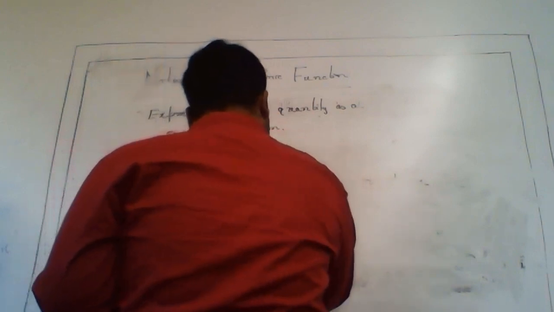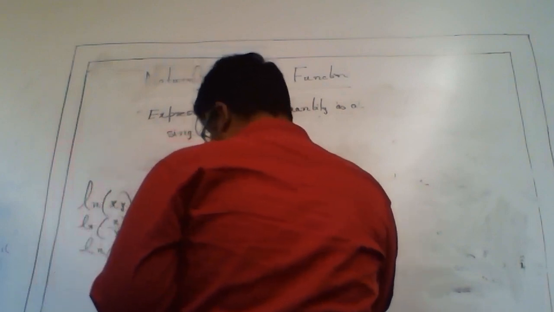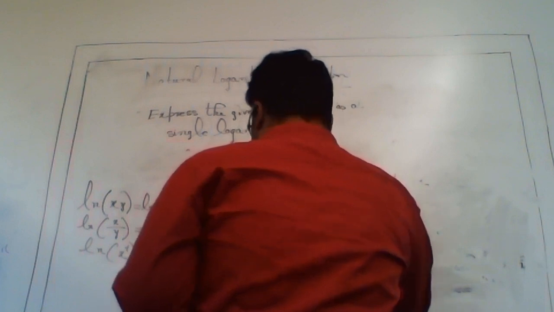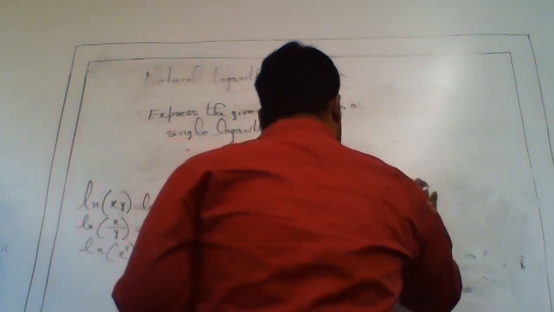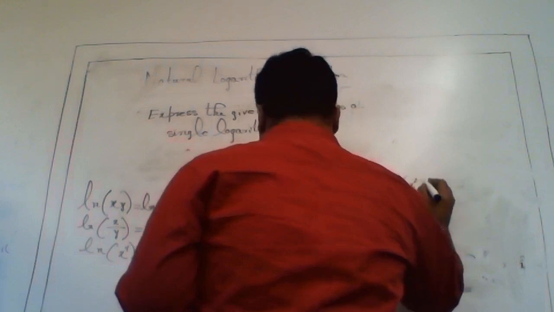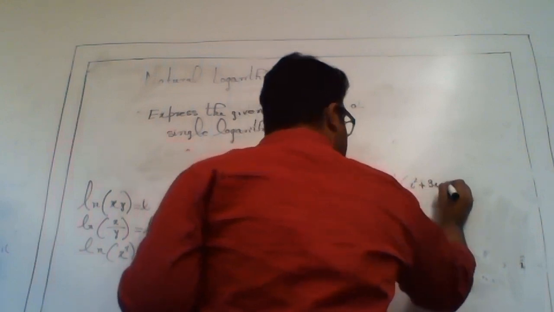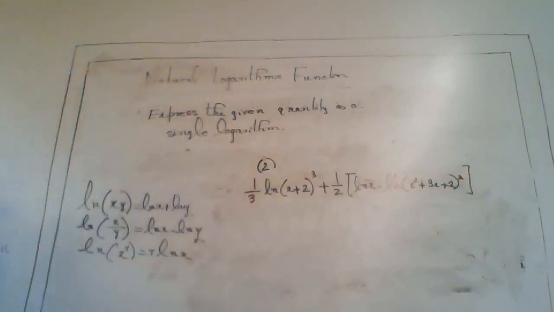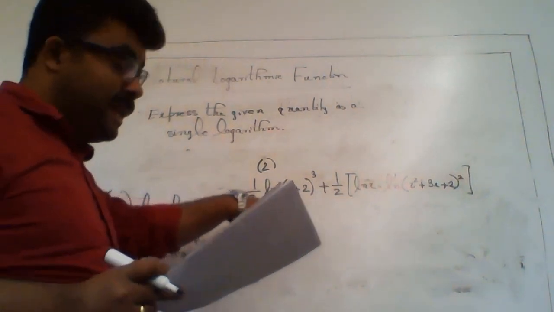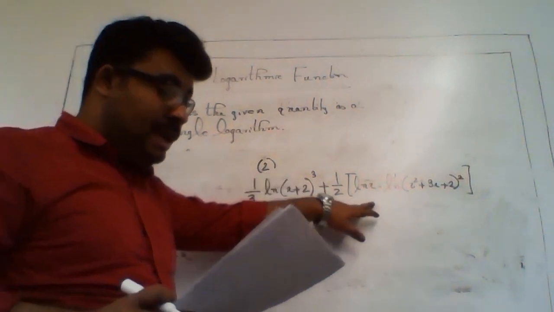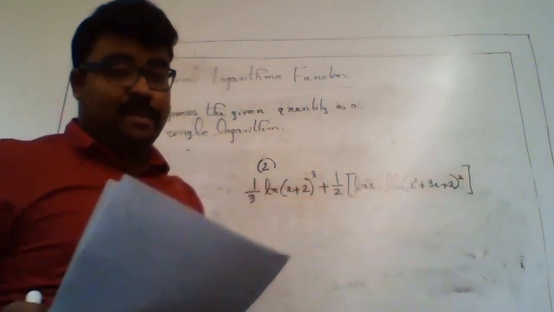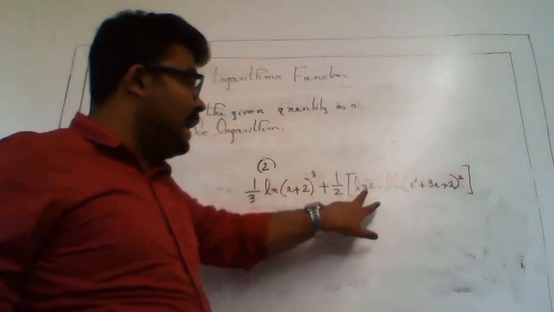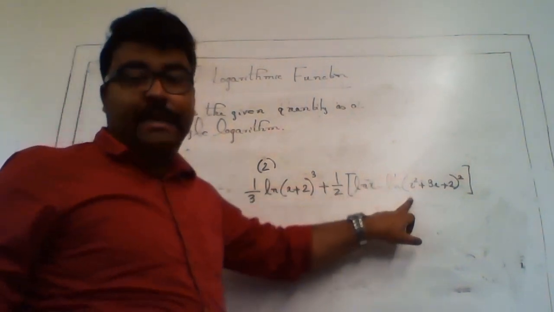One third ln x plus 2 whole cubed plus half ln x minus ln x square plus 3x plus 2 whole square. This is what I need to do. So 1/3 ln x plus 2 whole cubed plus half ln x minus ln x square plus 3x plus 2 whole square. So first of all, you see I have ln x minus ln x square plus 3x plus